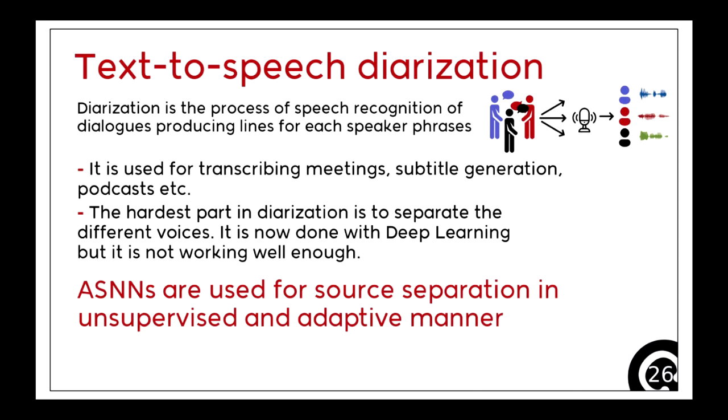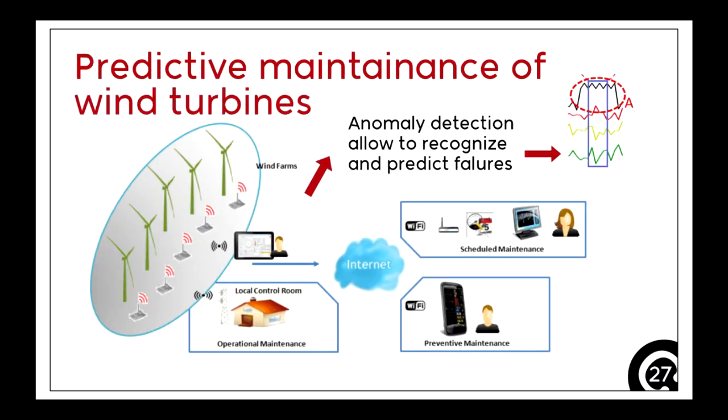For text-to-speech and diarization, we can use our spiking neural networks to achieve the recognition of particular voices. We also found that our networks are very good for anomaly detection, just with a few of these neurons. But basically, these are not neurons in the regular sense of neural networks, but submodels or subnetworks, I would say. But still, with very few of these nodes, we can process